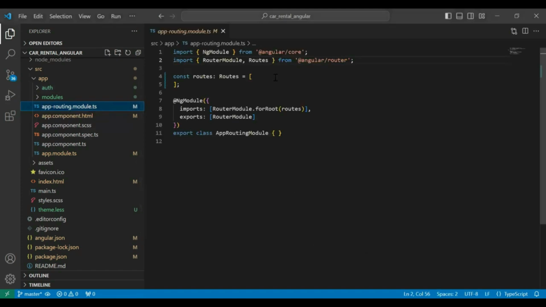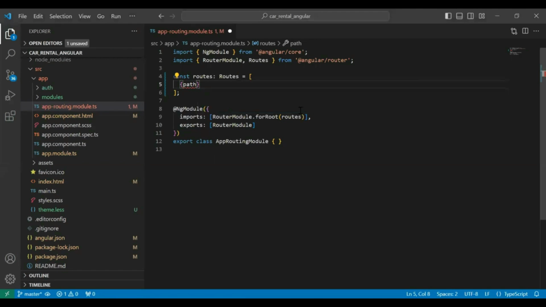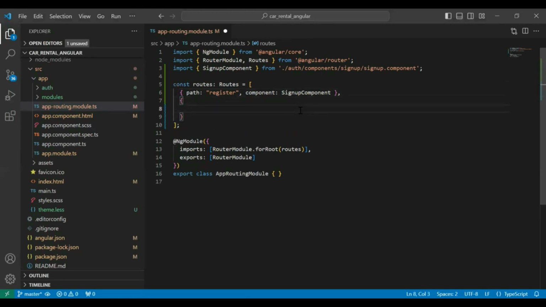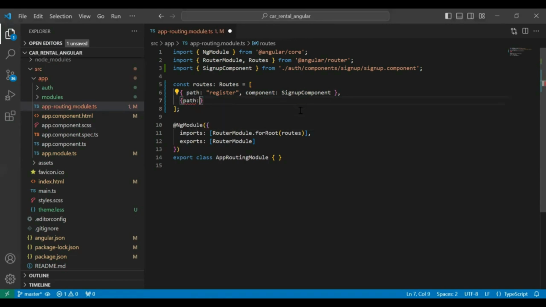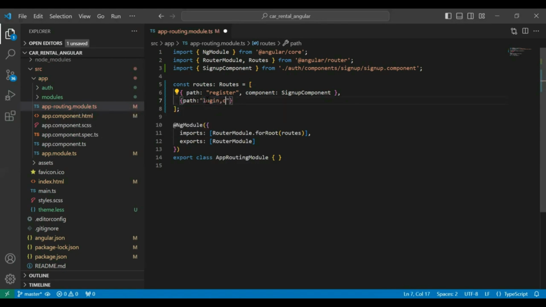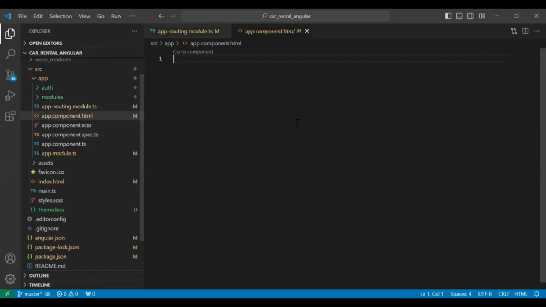So first of all, I'm going to register our components. The first one is sign up, and the second is login. So let me add here the path for our sign up component, that is register. And here we need to load our sign up component, and after that we need to add a path for our login component, and here we need to load the login component. And after that, we need to add the tag router outlet